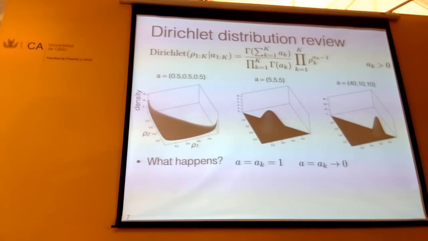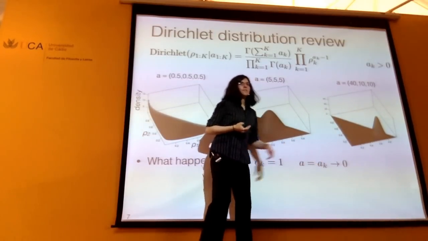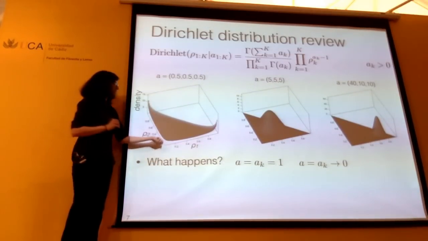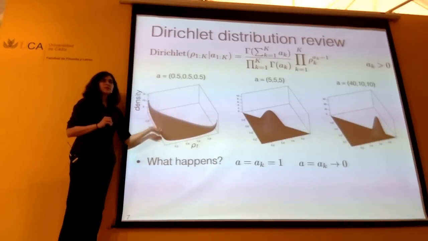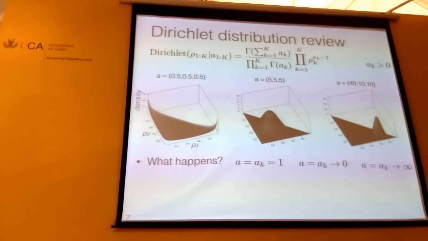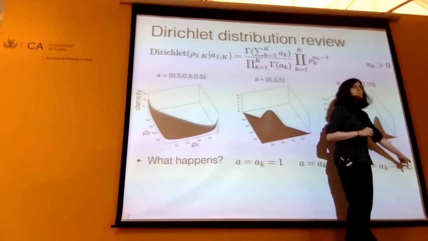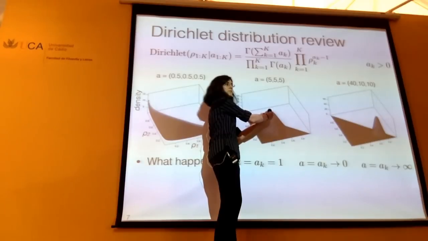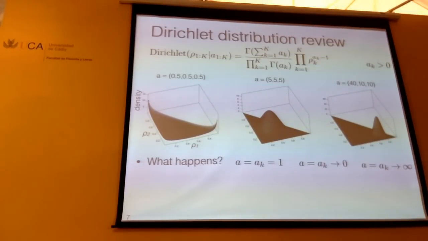Okay, so we can again ask, what happens as all of the A's become very, very small? And again, I hope that you can believe for the moment, and we'll see a demo in a second, that all the mass tends to go to one of the rho values being very large, or being near 1. And same thing as we have all the A's being equal and getting very large, we have that all of the mass is going towards all the rhos being equal. Okay, so let's see this in action.